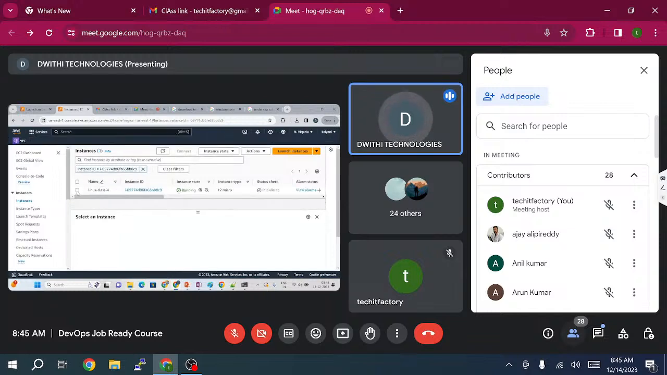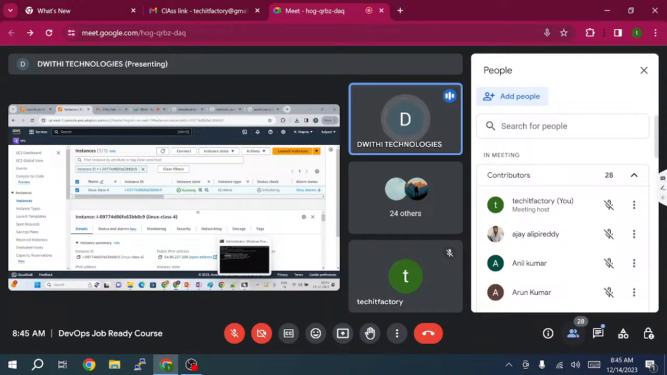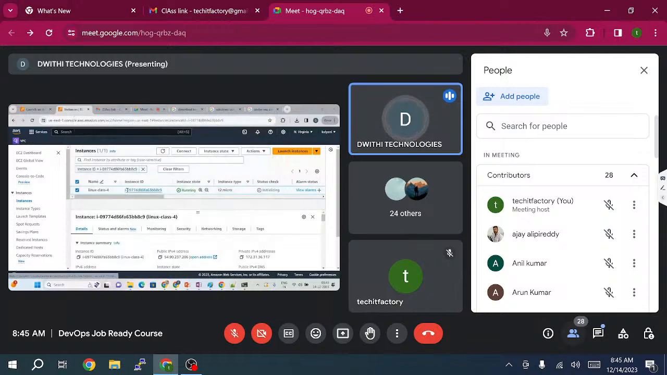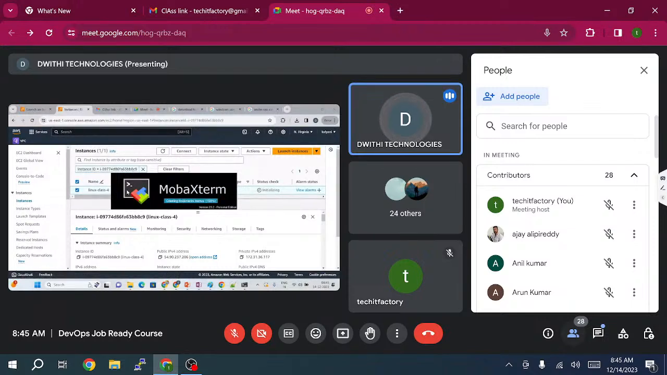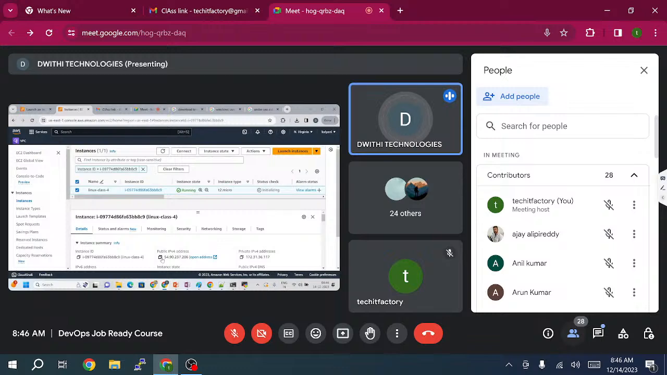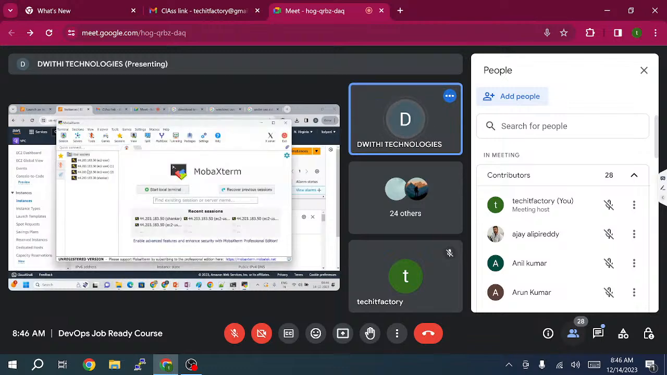So I'll click here and connect. You can see this is the IP, public IP, private IP. You can go with MobaXterm, PowerShell, or any terminal. I do have MobaXterm. This is one application which helps you connect. If you see, this is the IP, where you will give